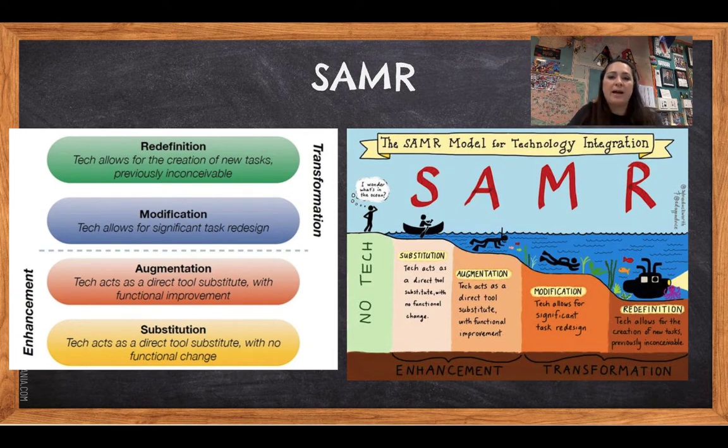Technology by itself, just technology not used well, does not increase learning. What needs to happen is technology needs to be used to have students think at a higher order. So getting into that creation level, if you've gone through depth of knowledge in other classes or Bloom's taxonomy, we want to get students at that higher level of thinking. That's where technology really makes a difference. SAMR was created by a professor to model those levels.